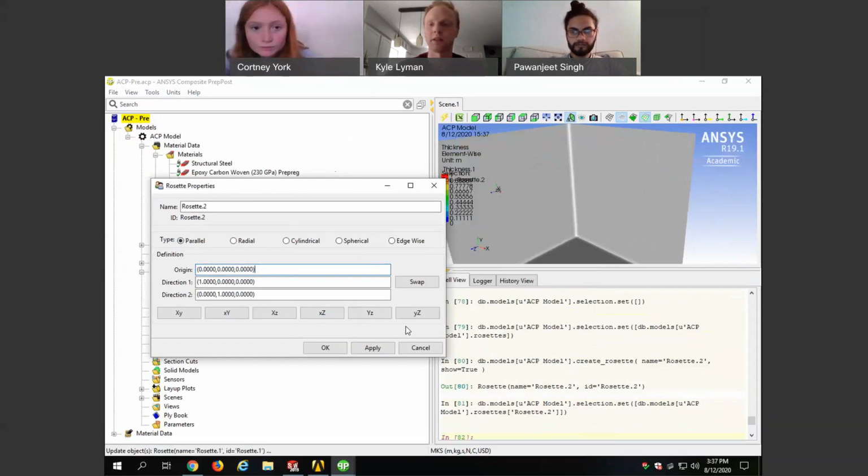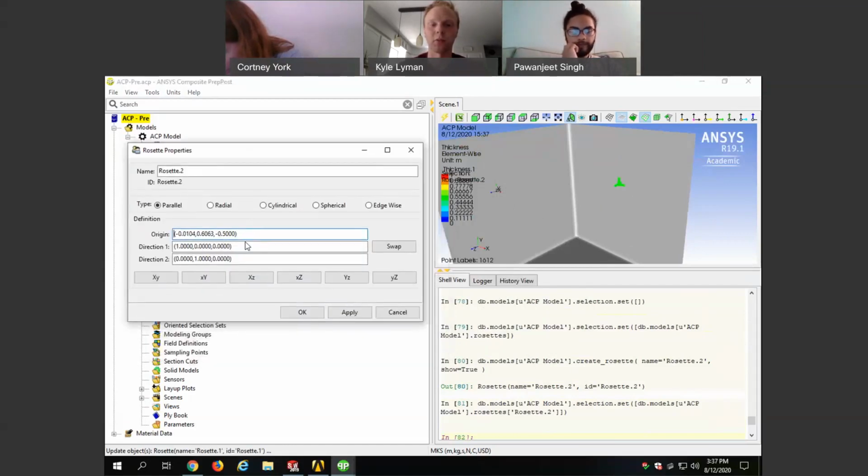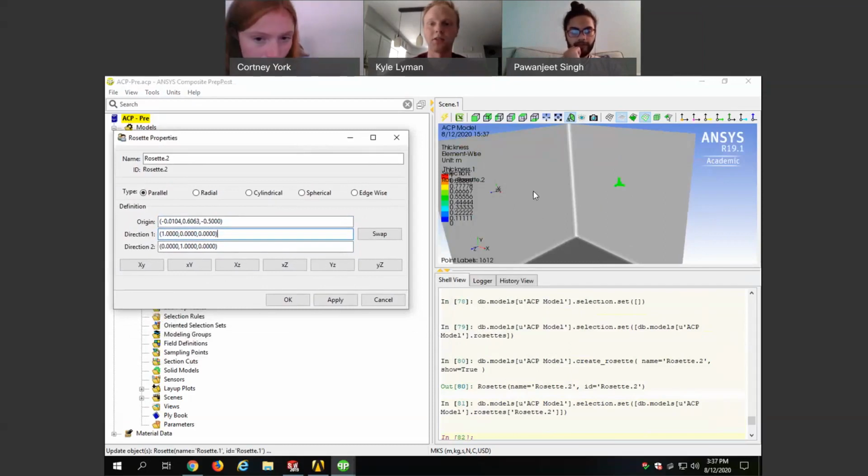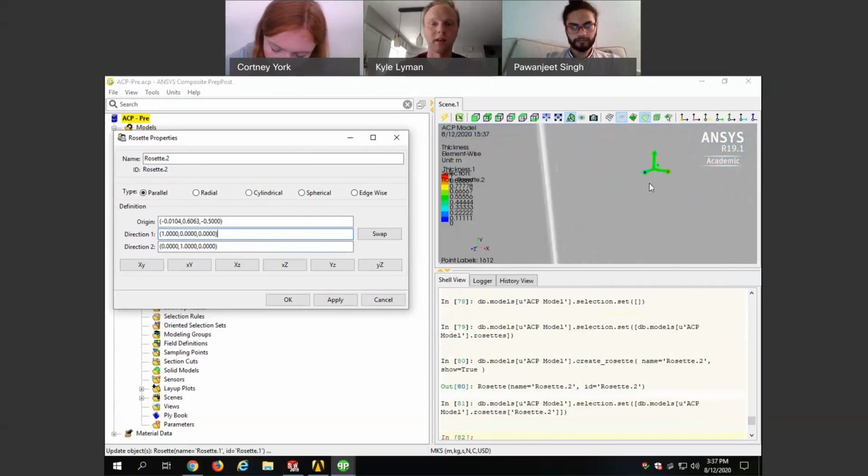And then we're going to hit coordinates that we want there. It can just be arbitrary, anywhere on this wall. It doesn't matter. And then direction 1, we have to assign what our x direction is going to be. I would like the x direction to be the direction that we build out our carbon fiber. So I'd like to stack it inwards. And so I'm going to reassign the x so that